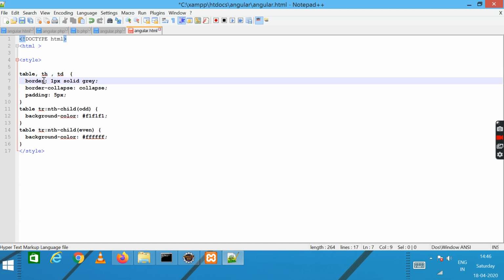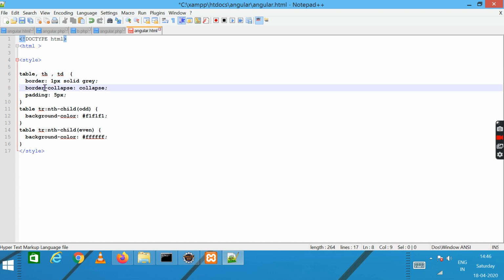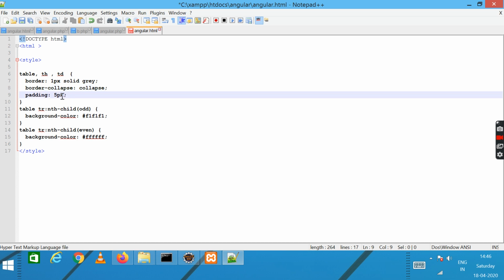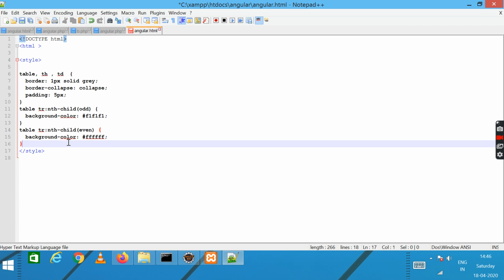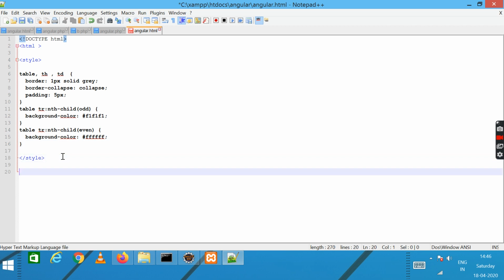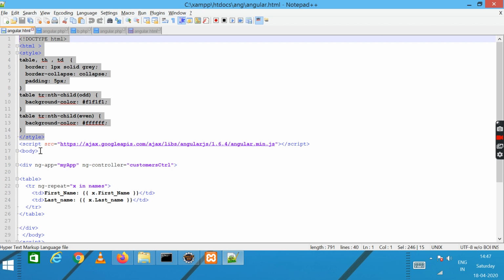For that I'm setting the border 1 pixel solid gray, then border collapse, collapse, then padding 5 pixels, and this is for all table, th and td. And second, for table, tr, nth child odd. So each odd background color is this, and for each even background color is this. So this table CSS I have written. Then next is